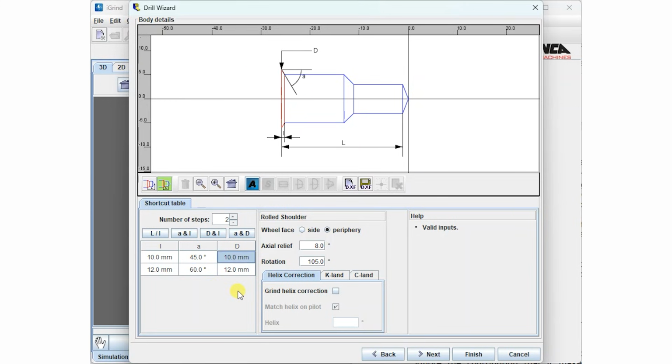For each step we have some configurable options such as adding K-lands and C-lands to the flutes and rolled reliefs. Once we're happy with our selections here, we can click Next.